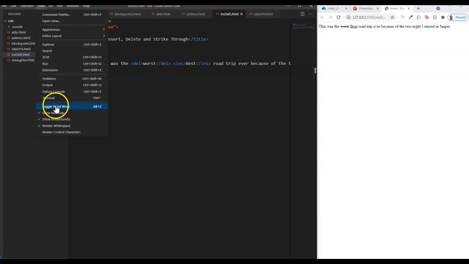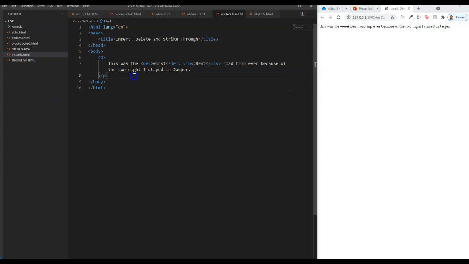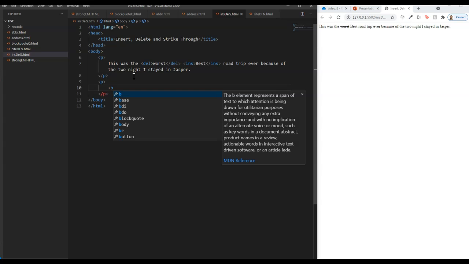I'm just going to do toggle word wrap so we can see everything here on the screen. And similar uses of strike through element, which is represented by alphabet S. So let's say we have a shop,